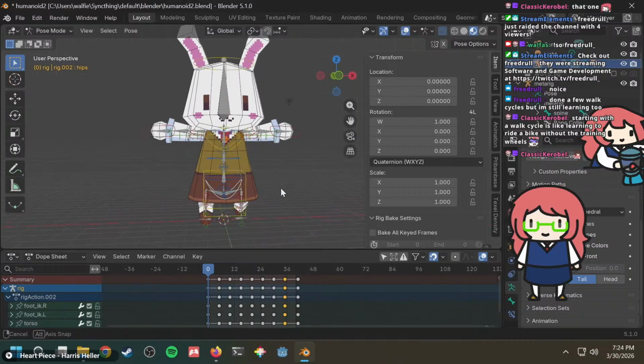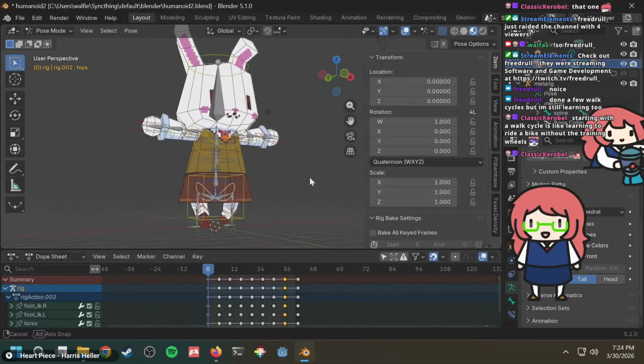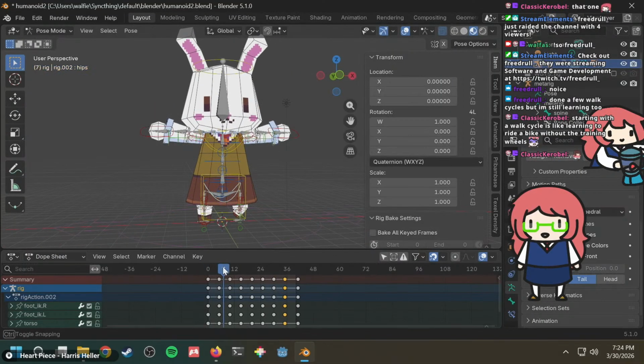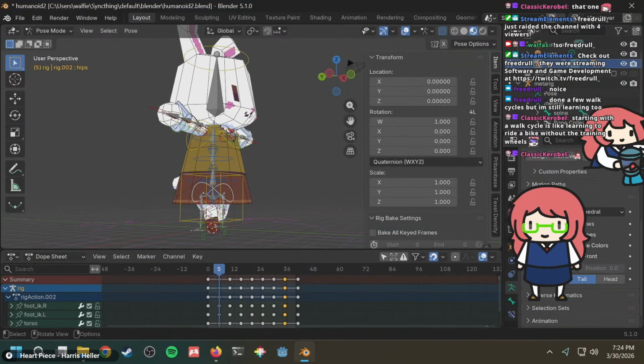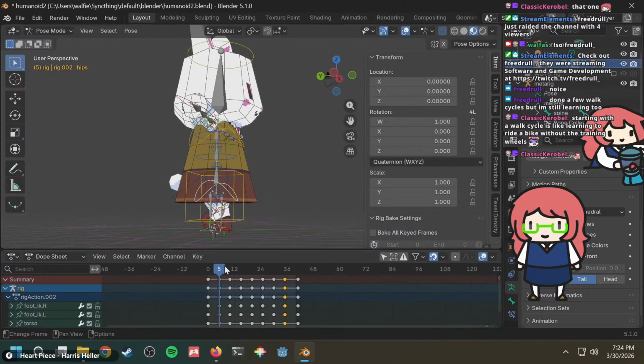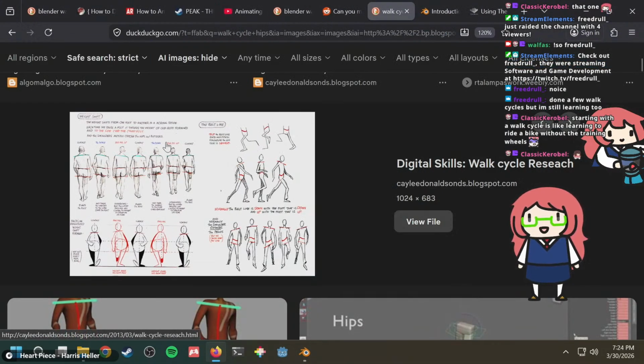So this one, these are both in contact. Let's start with the fully in contact. So this frame is where this leg is in contact. Wait, we have to confirm, everyone.